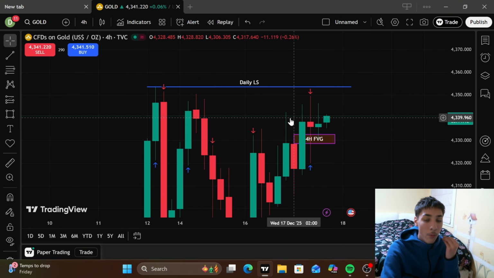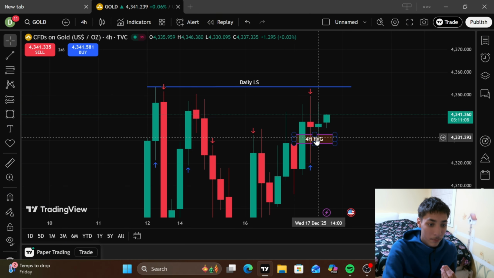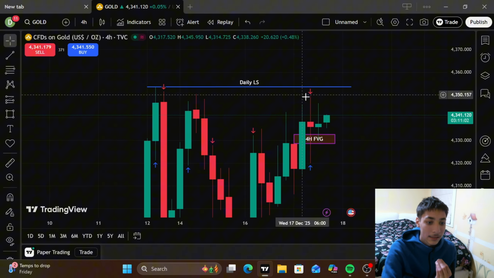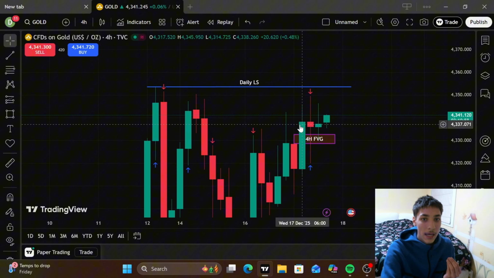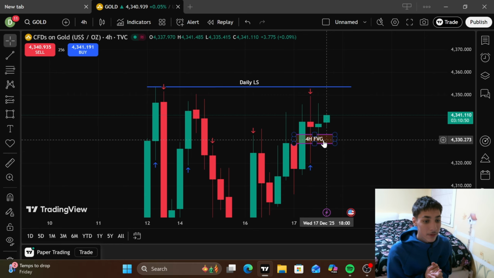because I wasn't super analytical. I misread a fair value gap, right? And that led me to take a trade that I didn't even succeed on because I didn't see that fair value gap, or I didn't acknowledge that it was an invalidated fair value gap, right? So that's something that I believe is really, really important for me to acknowledge in the future,